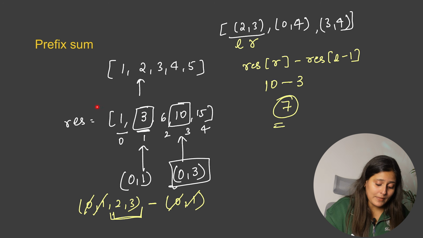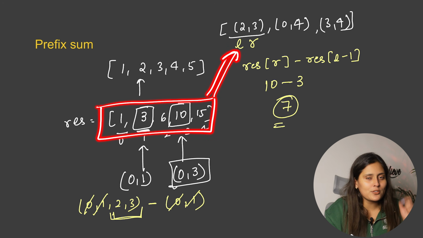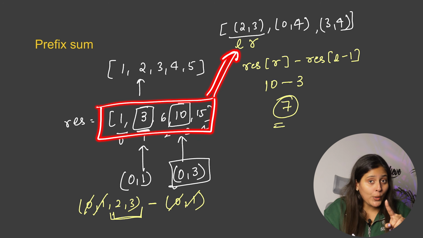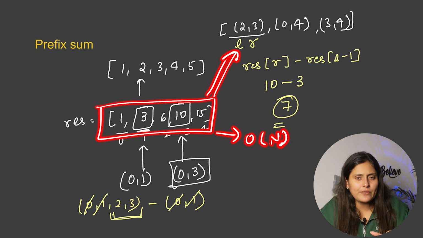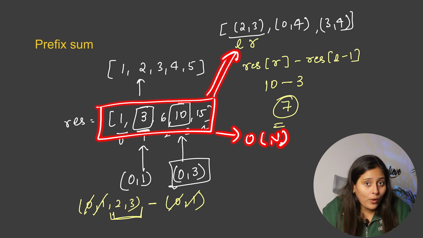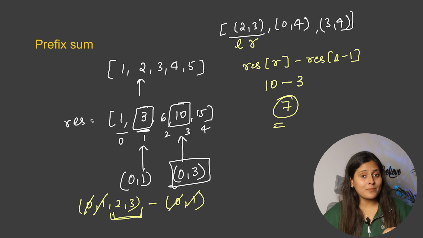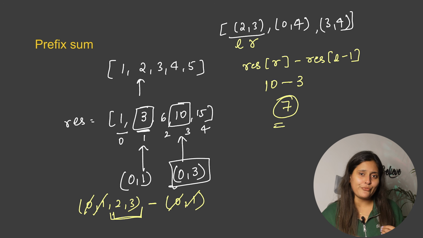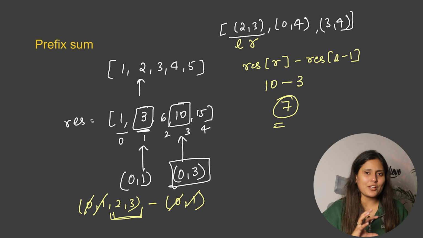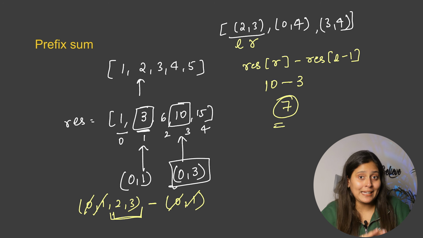And hence one-time calculation of this prefix sum will help us to answer all the queries in just O of n time complexity. Although it will take O of n space complexity as well to store this prefix answer, it is still okay because we are decreasing the time complexity here. And remember, problems like subarray sum equals k, continuous subarray sum, or product of array except itself, which actually are not prefix sum but follow that prefix concept, are problems from this category or pattern